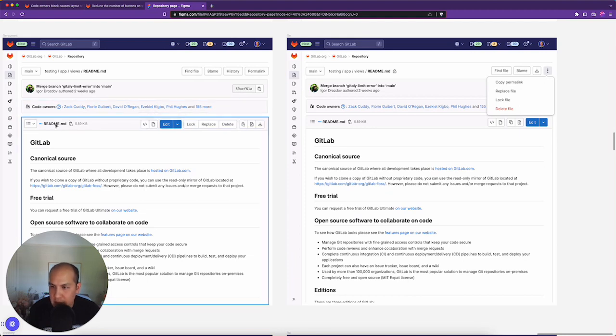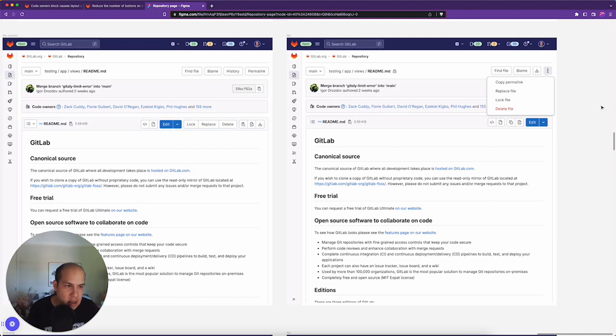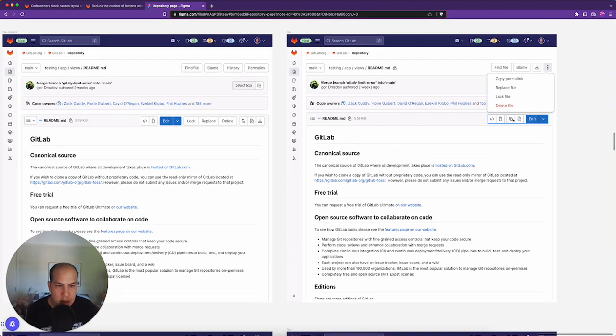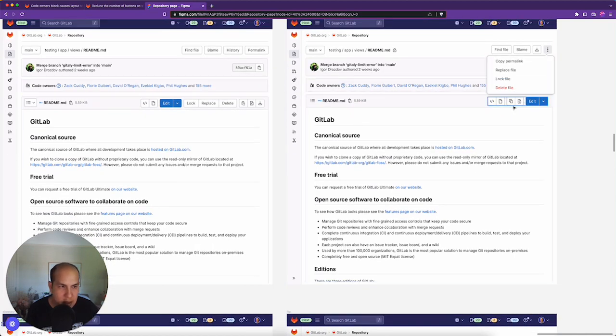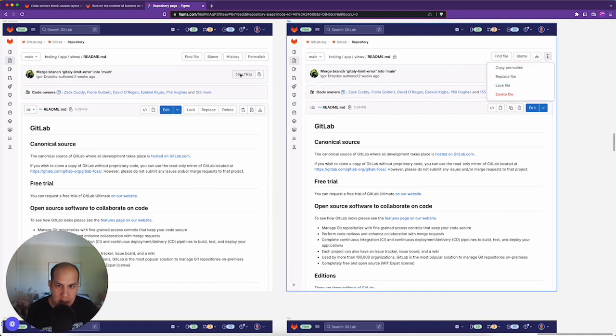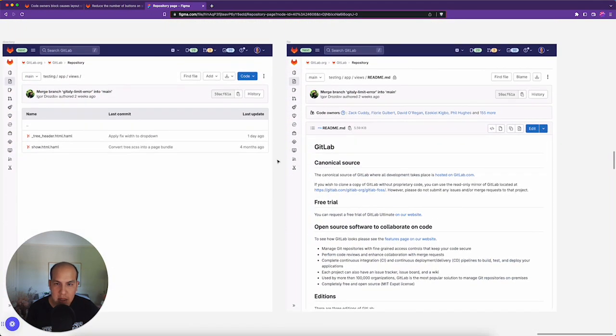This one copies the path, and this one copies the content inside this page. Here I changed the icon, and all these buttons actually have tooltips on them, so I think that we can differentiate the icons, and this is copy contents versus copy the path. So that's one way where we can then clean up this area here,